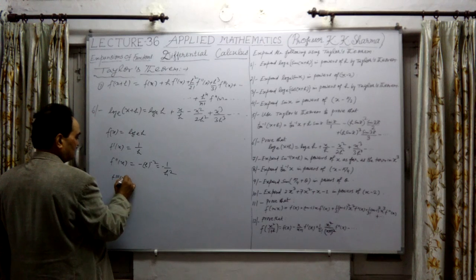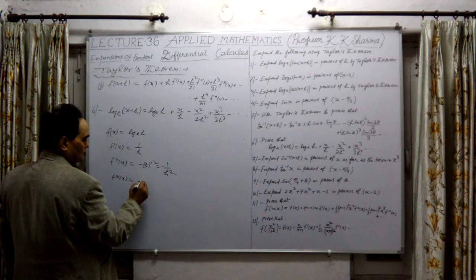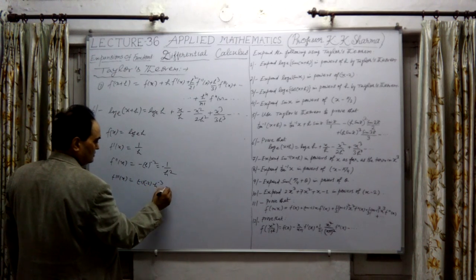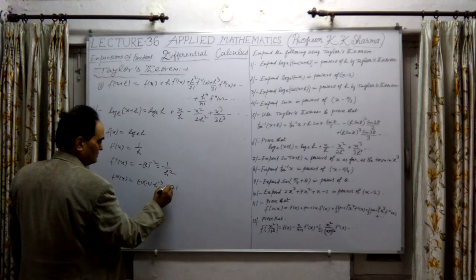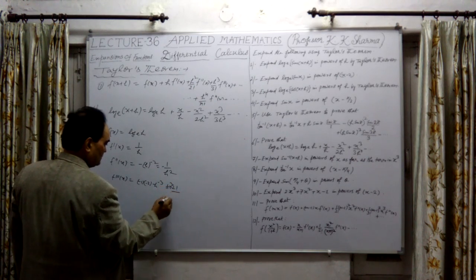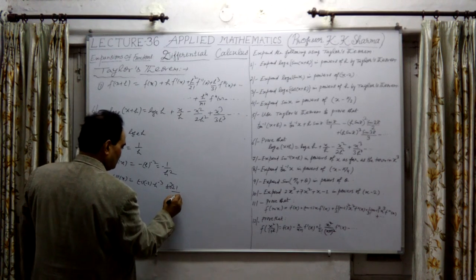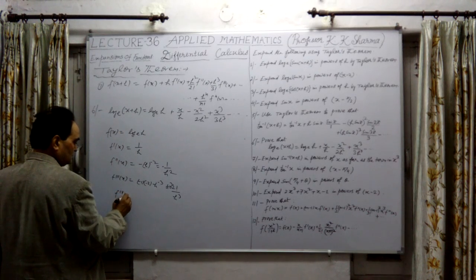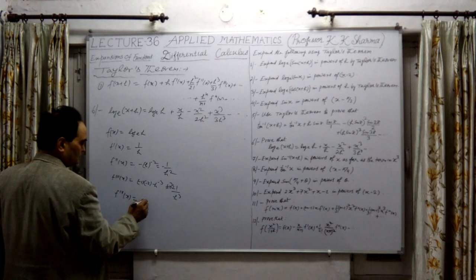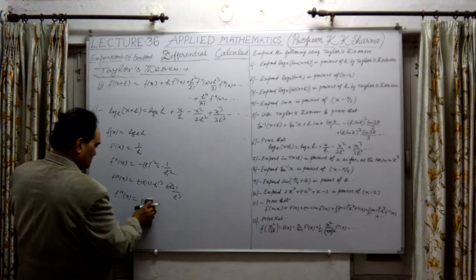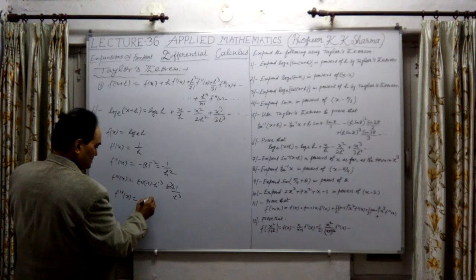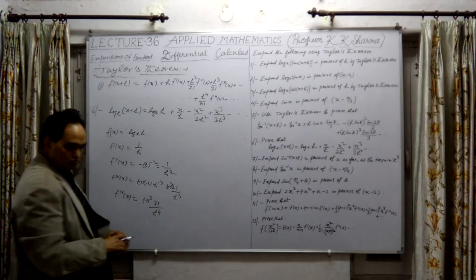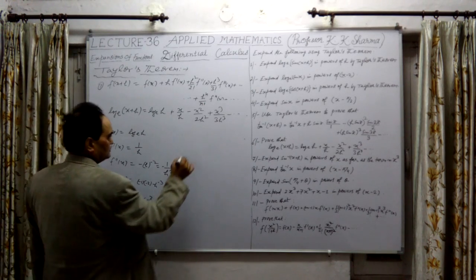F triple dash x equal to minus 1 into minus 2 into h raised to the power minus 3, that means factorial 2 divided by h cube. And the fourth derivative will be minus 1 into minus 3, that means minus factorial 3 divided by h4. So one more power. Therefore, using Taylor's theorem,